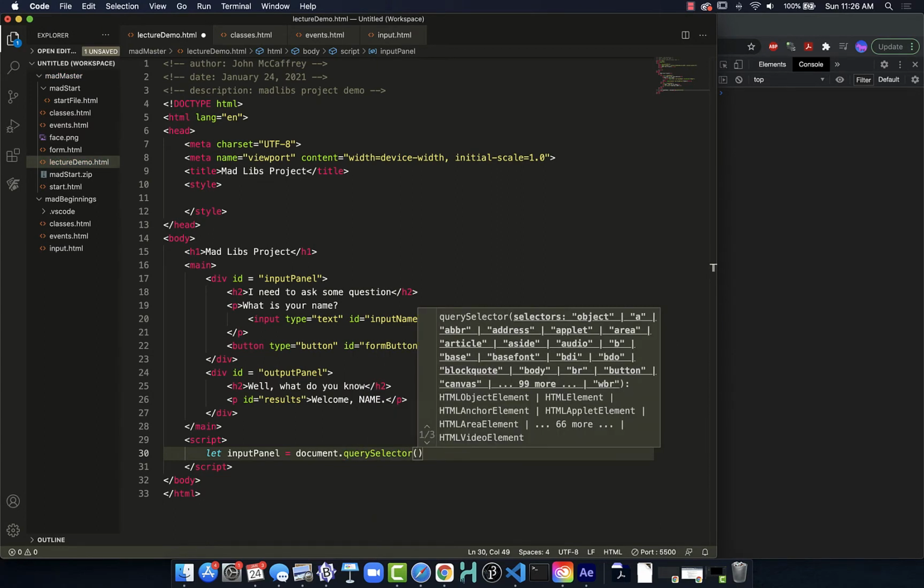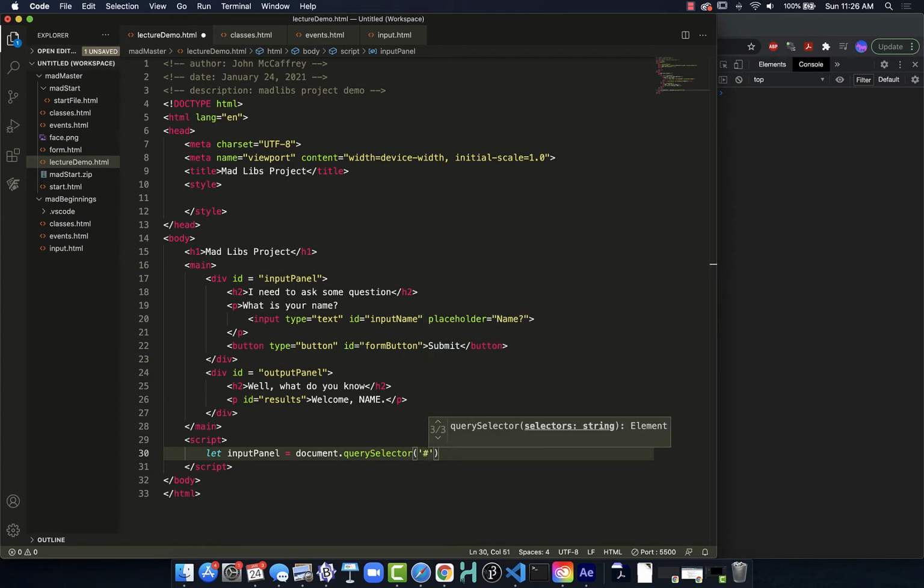So now I can just specify what I am trying to access. I need to put the hashtag in because I am accessing an ID. If I was accessing a tag, I could just put the tag, but that would return an array of tags if there's more than one. Or of classes, tags, it returns the first one. So now that we've done this,